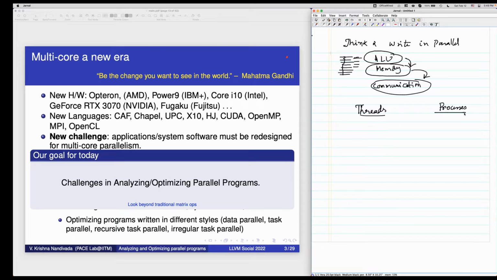Neither threads nor processes share registers, so communication cannot happen via registers. For processes, the communication cannot happen via memory either, unless you are talking about something like DMA, direct memory access, RDMA.